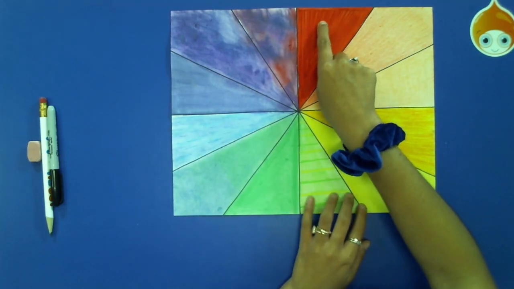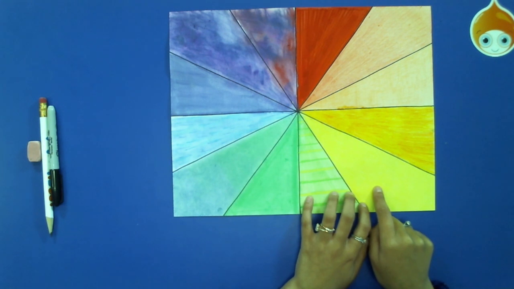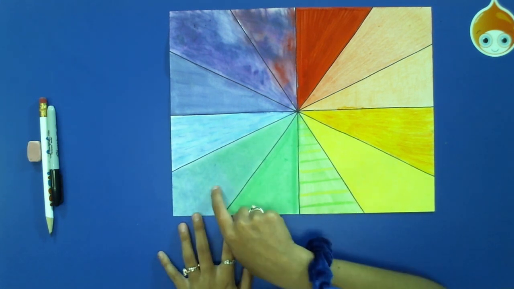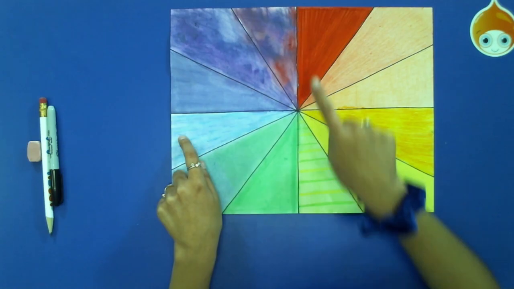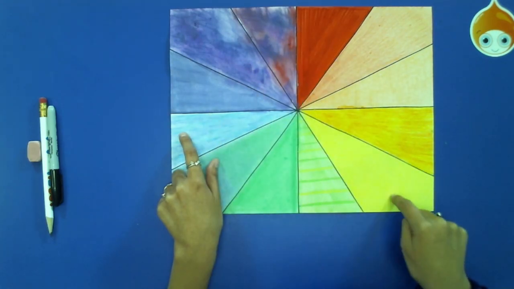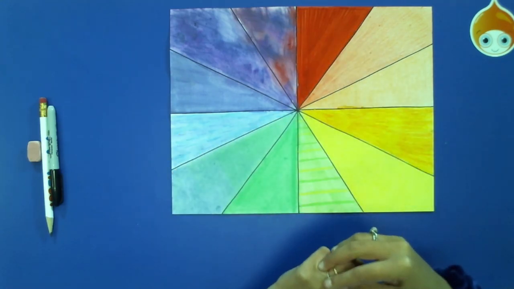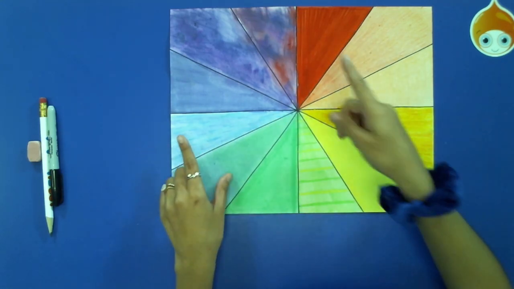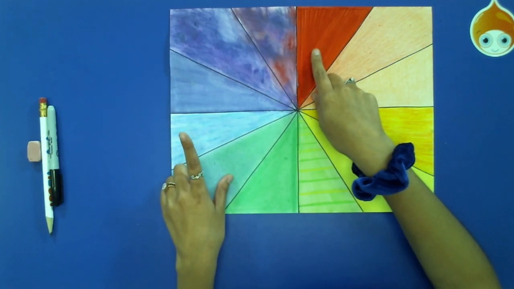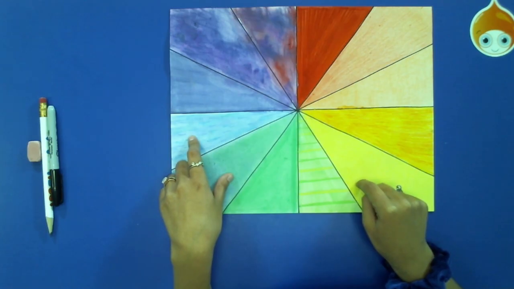So if we start from red, we're going to go 1, 2, 3 spaces and find our next color, and then 1, 2, 3 spaces and find the third color. And so we have 3 colors. It creates a very equilateral triangle. Now, the most common triadic color scheme is going to be our primary colors, red, blue, and yellow, and those are used very often